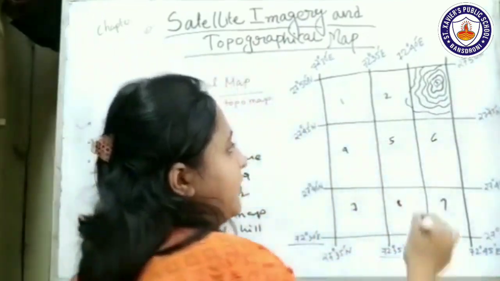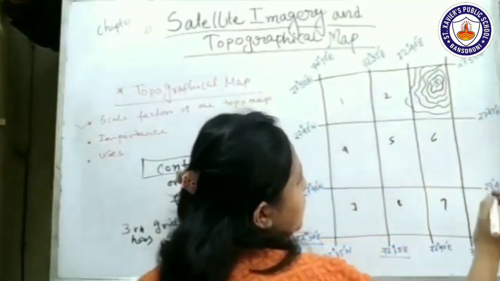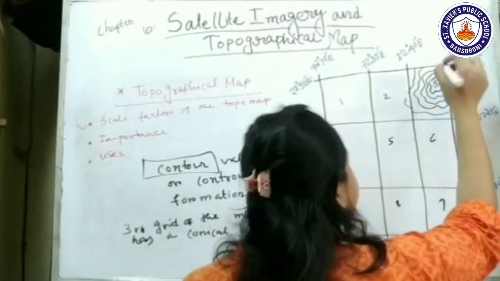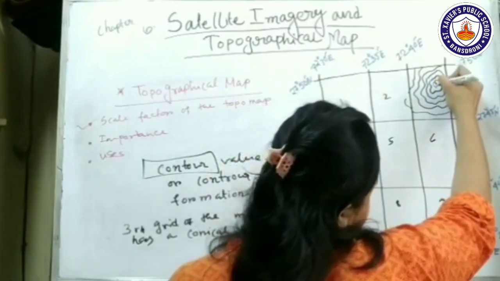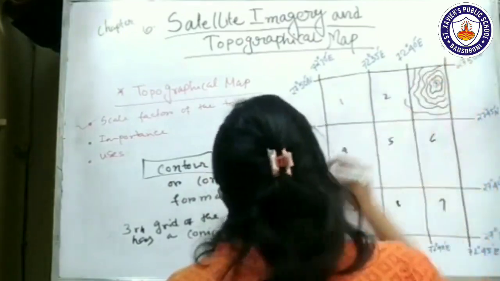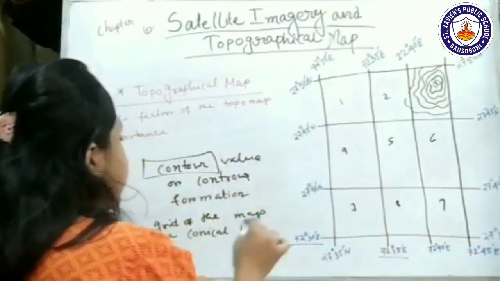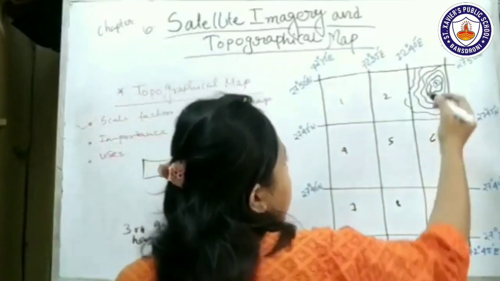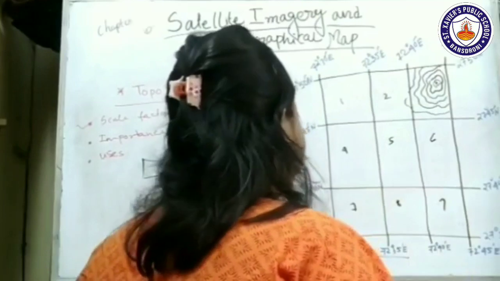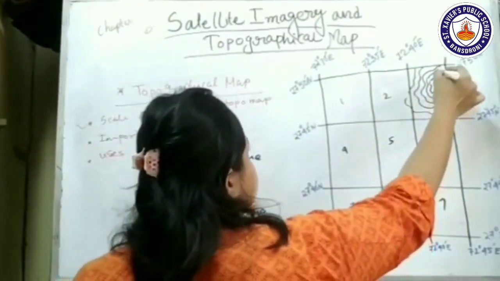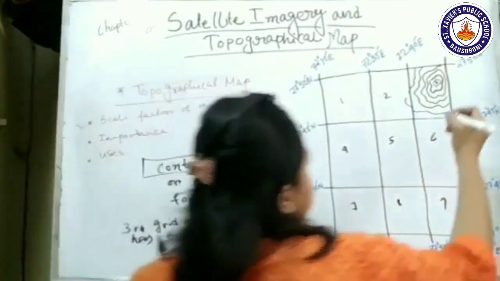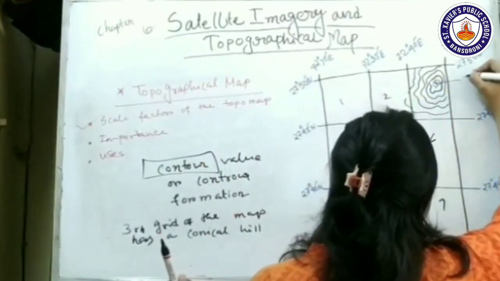So you see that. These black lines are the contour lines, and all the black lines are contour lines. The spot height is the central portion of the mountain. This spot height detects the conical hill of the particular map, and the other values are the normal contour values. Just assume that the central portion of the topographical map has the highest contour value. This central position, the contour value is 500.